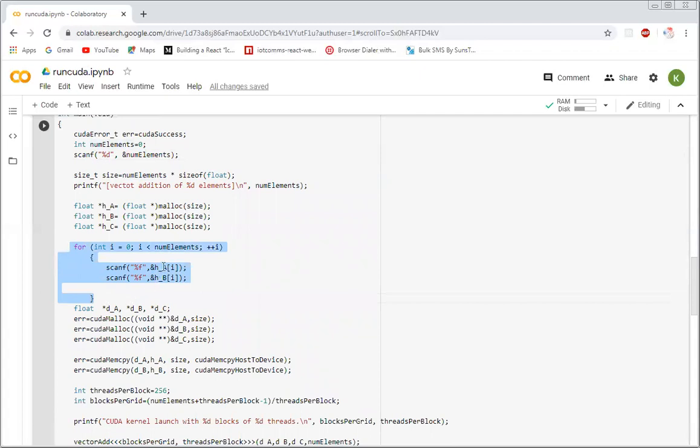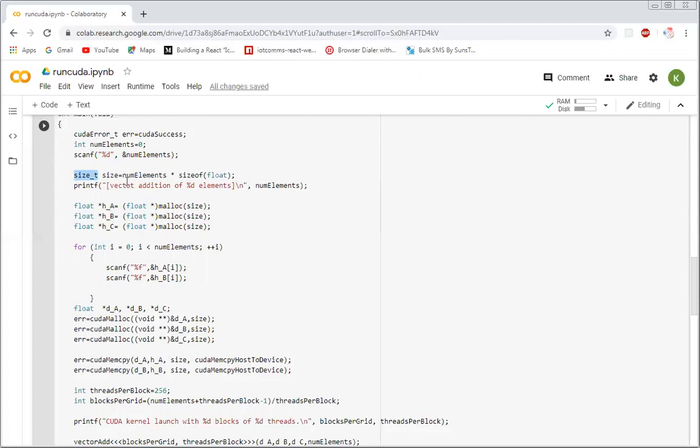Where are we storing the values? In A and B. These are HA, HB, HC also. We have to store the result also. In the earlier case, we had three variables A, B, and C. Now we have three vectors A, B, and C. malloc size. Size we have already calculated here. What is this size? It is a special kind of size_t. size_t is a special size type defined in this CUDA C environment.